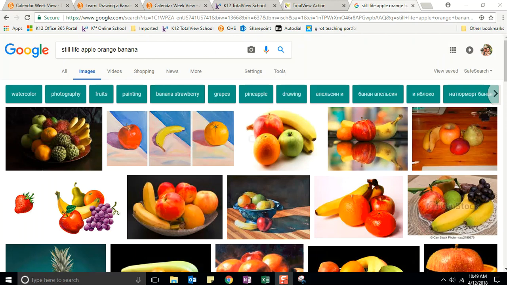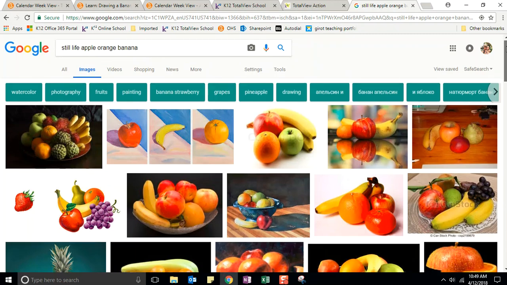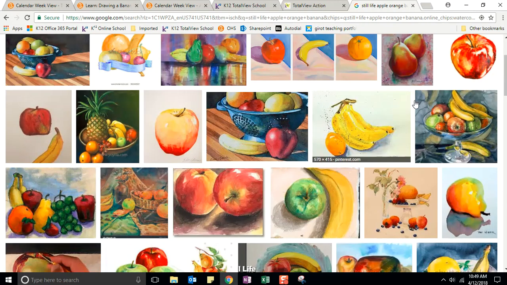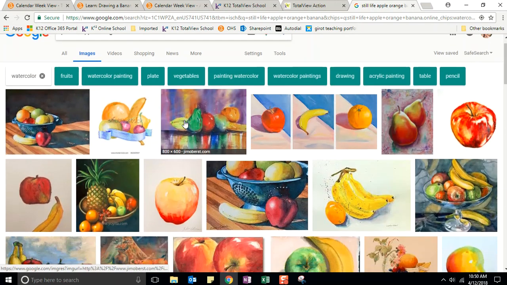Whenever I'm planning a project, I like to go to Google Images, and today I just put in still life, apple, orange, banana, and look at the lovely images that I pulled up. Now, what I'm going to be interested in for this project is value. All right? What I mean by value, and if you've had art classes with me before, is you know that, for example, in this image of this apple,